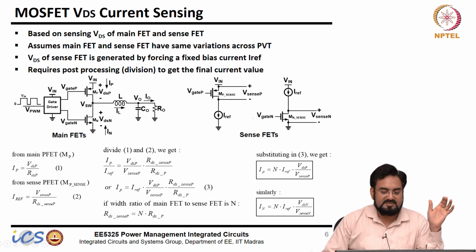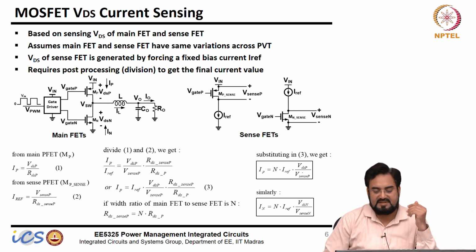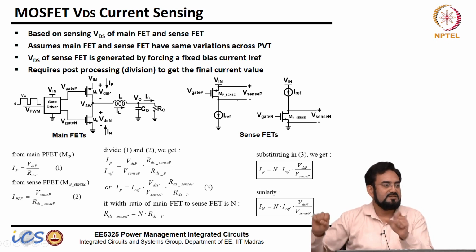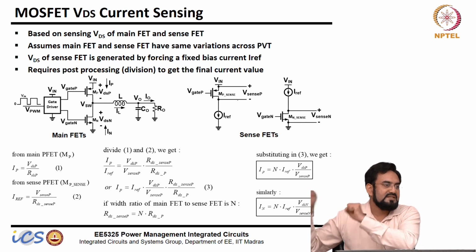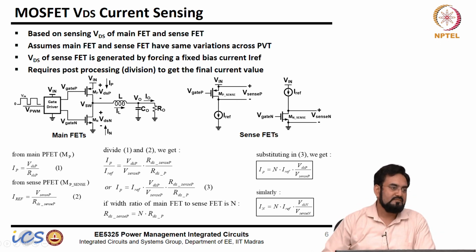Okay. So it's not that straightforward. You cannot divide these two voltages in analog. It's not that simple. So most of the time it's done digitally. You take this voltage and this voltage, and have an ADC. From the ADC you generate these two codes and divide the codes, and then multiply by n times IREF, and you will get the load current right away. Okay. So this is a very simple method and very decent accuracy you can achieve.